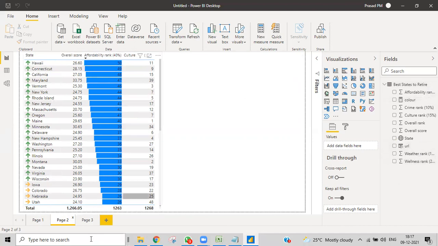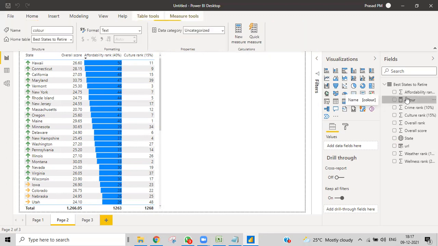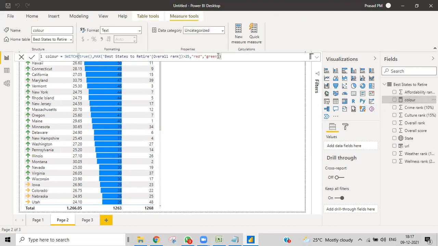In the first page, take the same value and do formatting based upon that particular column only. For the second page, do it based upon the earlier one or the next one, it's up to you. Format the culture based upon the affordability ranking. In that way, based upon another column's value, you do some kind of formatting of that particular column. Finally, you create a measure, and based upon the measure value you can give blue, green, whatever color you need, and it will show that only.